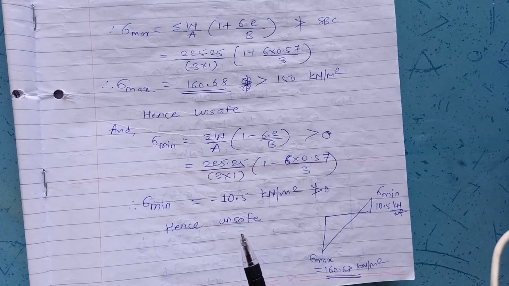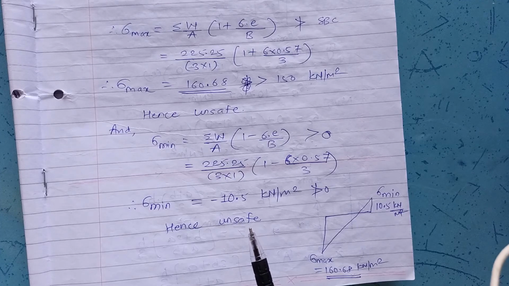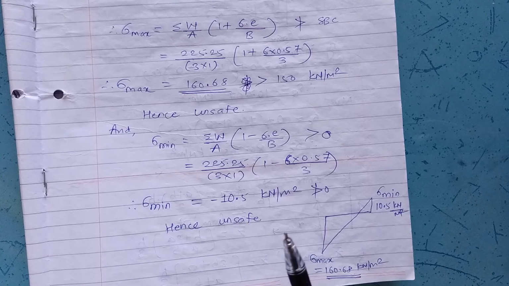Now you might have noted that our section has failed in all the 3 checks, that is our retaining wall has failed in sliding, overturning and for maximum pressure. Now we are supposed to design the shear key as our section has failed in sliding. And automatically if you provide the shear key, dead weight of the retaining wall will increase and it will act as stabilizing force, and after multiplying it with the lever arm will give stabilizing moment, and hence automatically the check for overturning will be greater than or equal to 2.